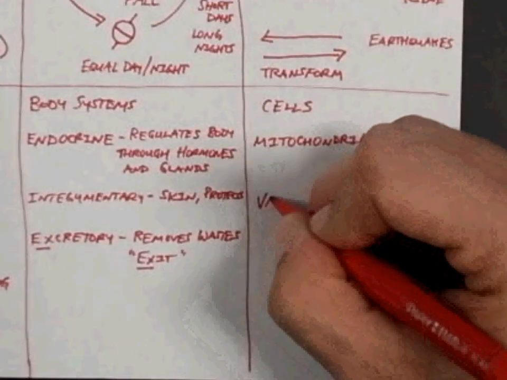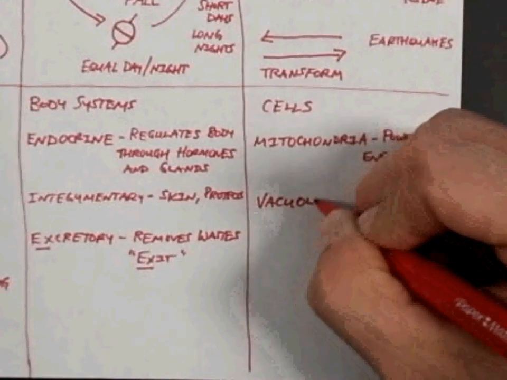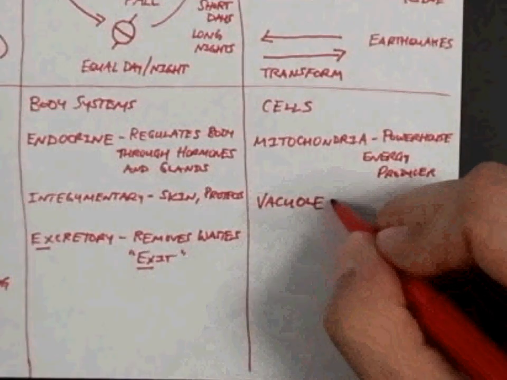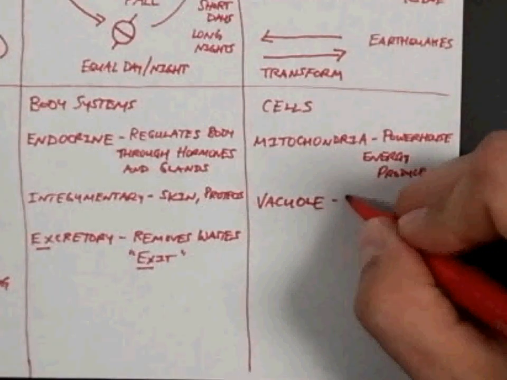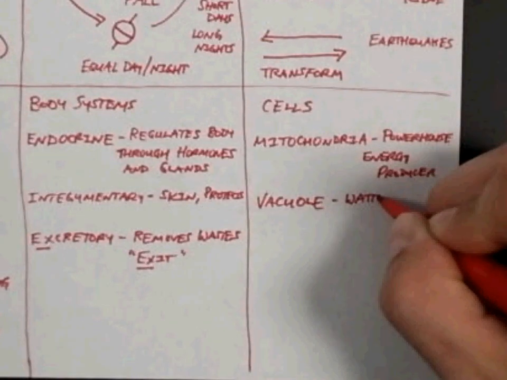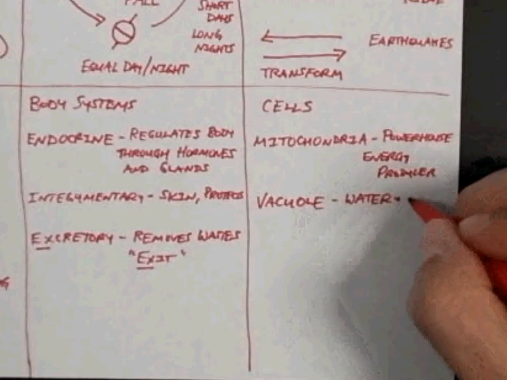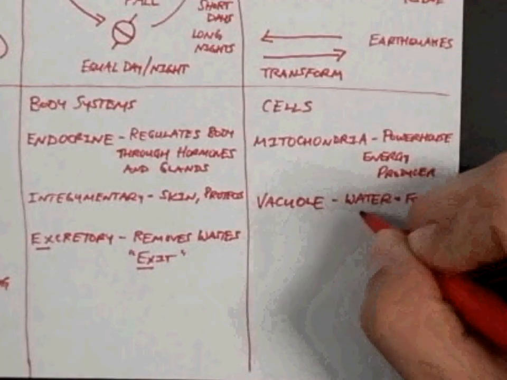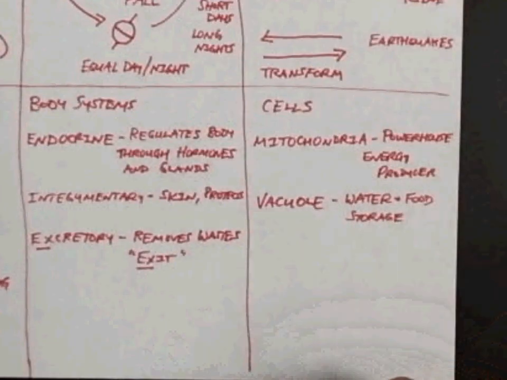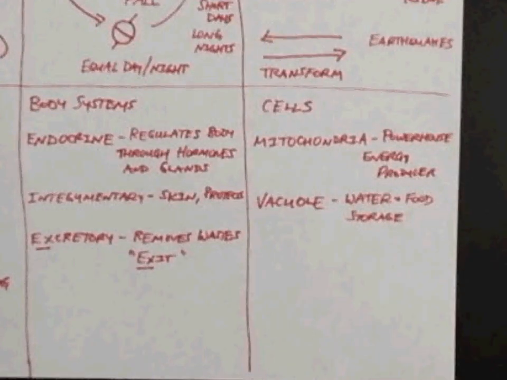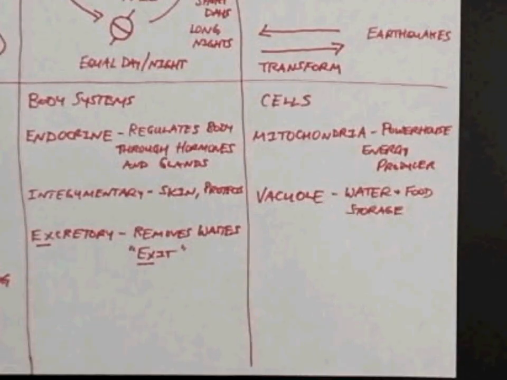The vacuole. Vacuole is found in both plants and animals, although it is much larger in plants because it stores all the water. It stores food as well, but in plants it's a huge place for water to be stored. And so it is a large single vacuole in the plant cell. And then lastly,